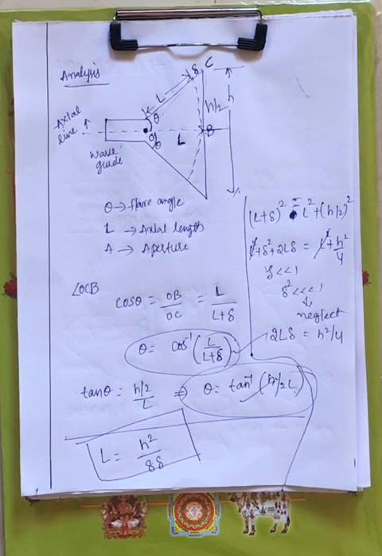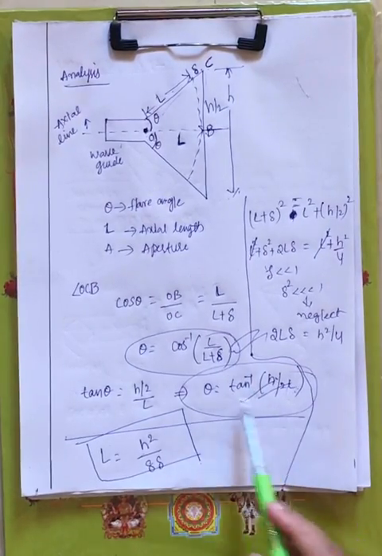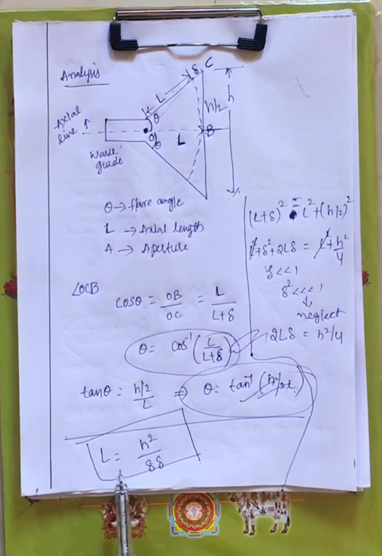Now coming to aperture. You know height, aperture, widening mouth. H and the aperture are both the same, and the widening mouth they will anyhow give. If A is given, you can calculate the flare angle using this formula. You can use any of these two, and L, the axial length, is calculated using this formula. Now let me briefly explain again.